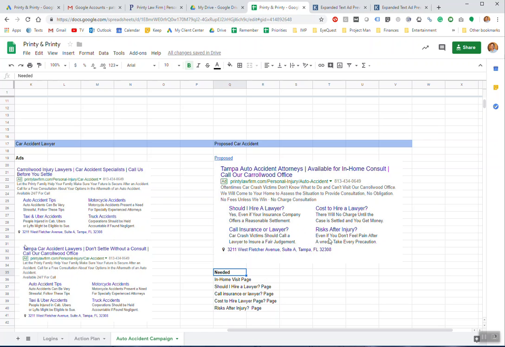So we would have to create them, and ideally they would have really, really good information, like risks after injury. Like, even if you don't feel pain after a wreck, take every precaution. I don't know all this stuff. I'm kind of making it up, but just common sense prevails. And my sister just got in a wreck, and so I was going through all this in my mind. I thought it was good